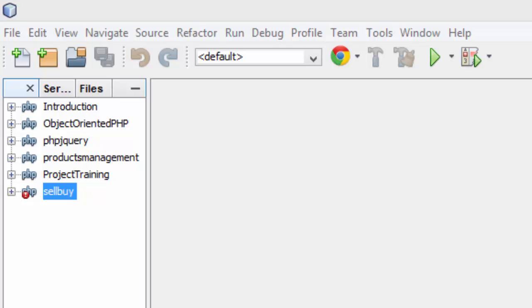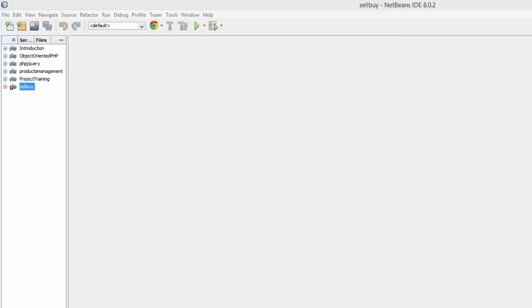Hello guys, in this tutorial I'm going to show you how to read the data from the database using PDO object. And before we do that, we need to create a database and insert dummy data into it. So to get there,